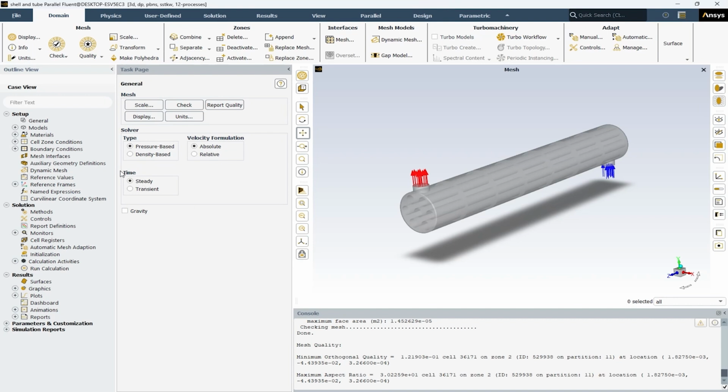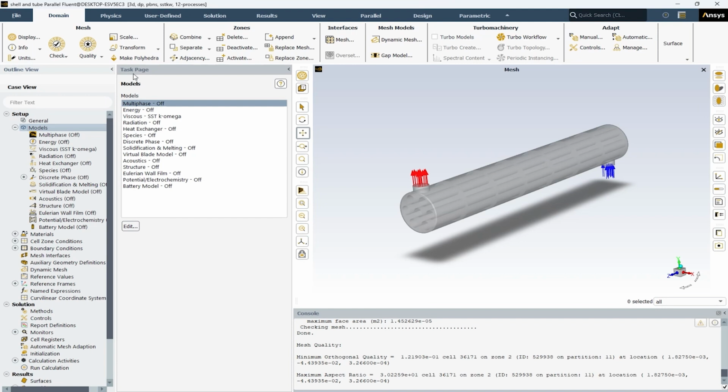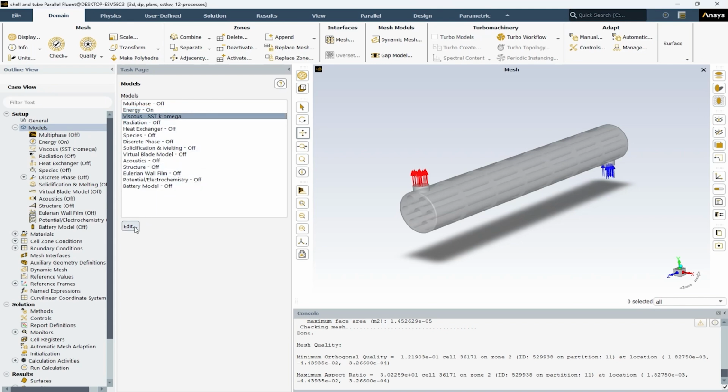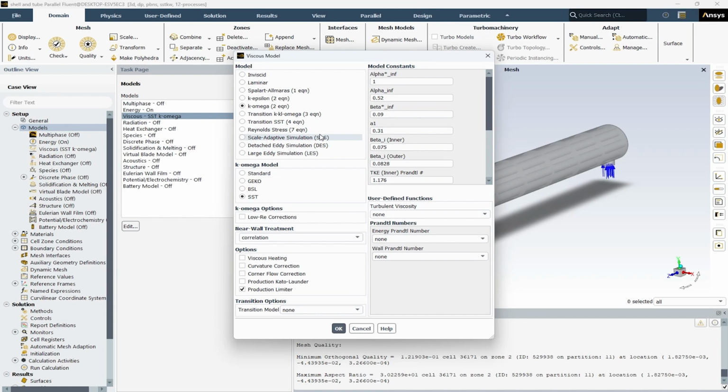In the next tab, we have the models. Double click on models, and here in the task page tab, you can see all models available in ANSYS Fluent software. What we need is to activate the energy equation. And in this viscous section, we can define our turbulence model. Here I select the k-epsilon